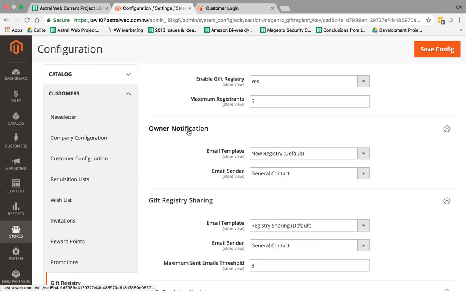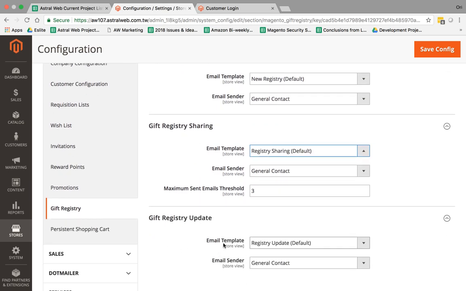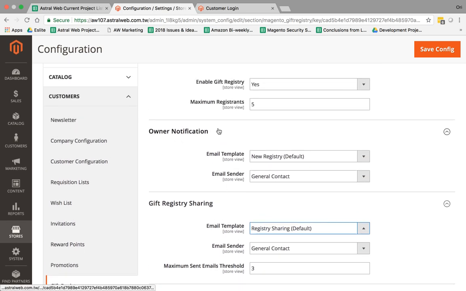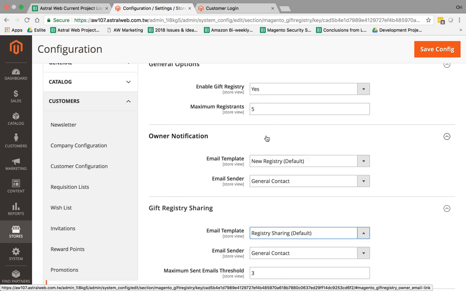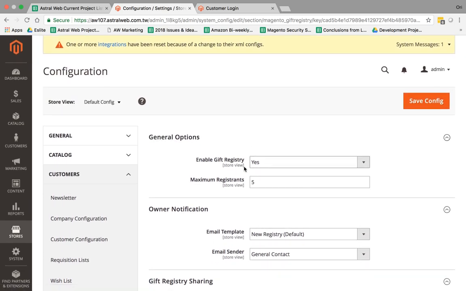That's pretty simple, but you're going to be able to set the specific emails, the transactional emails that get sent upon a notification. So the notifications that happen are: customer creates a gift registry, they share it with their friends, right? So you can select the template here. You update a gift registry, maybe you added some more products, and notifications to the owner. So if your friend bought a certain product, you're going to get a notification saying, okay, these products were purchased for you, your friend gave you this, right? These quantities, these products were purchased already for you from your gift registry. So this is the first most basic settings.